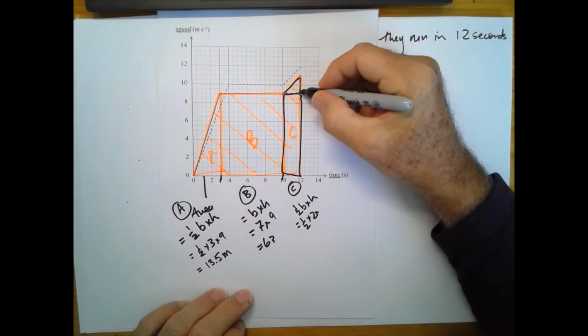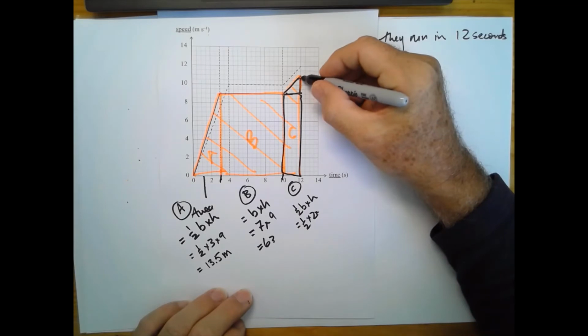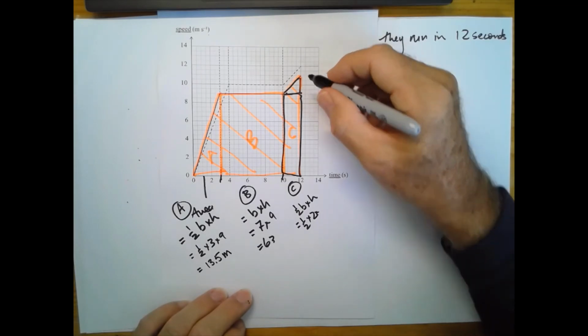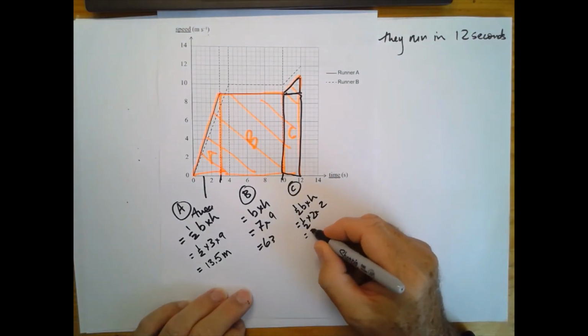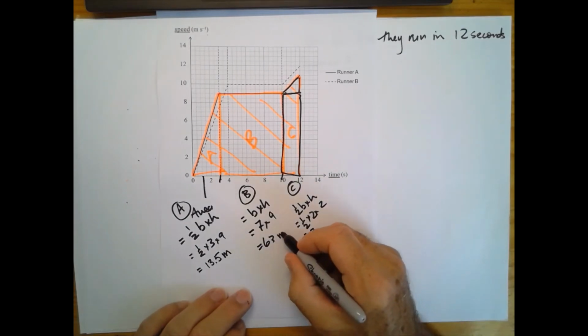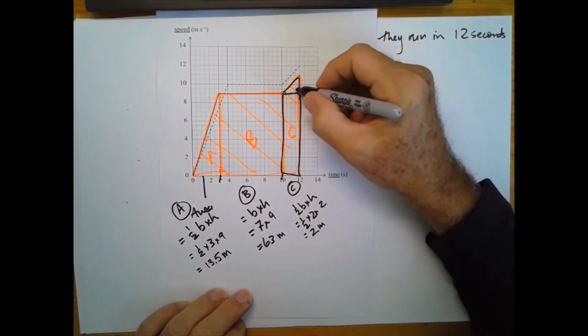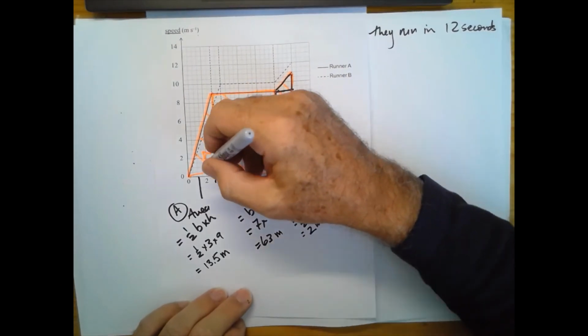It's going from 9 to 11. It's a difference of 2, times 2 is equal to 2. Remember, these are distances in meters. This area is 2, so we've got an area of 13.5,